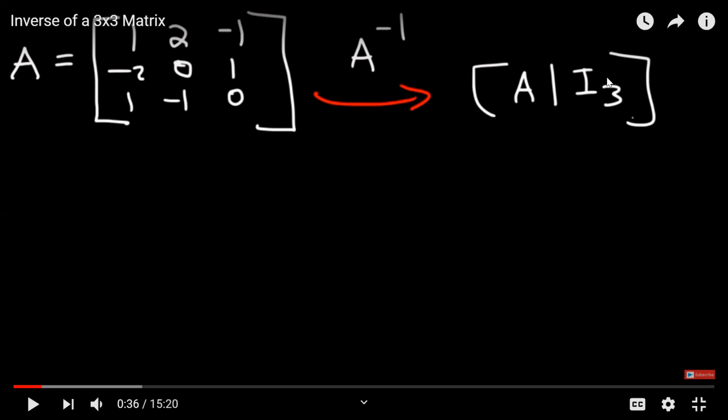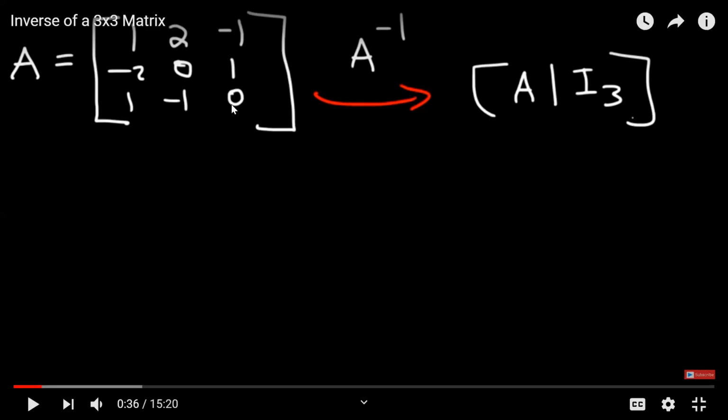But I'm not saying that the approach we just saw for the 2 by 2 inverse matrix cannot be adopted. However, I just want to give you another flavor, that sometimes it's a bit easier to do it in this way. So if you look at an A matrix with first row 1, 2, -1, second row -2, 0, 1, third row 1, -1, 0, it's a 3 by 3 square matrix. As I told you, this lecture is about square matrices today. So when you have a square matrix, we can talk about A inverse, we can talk about determinants.